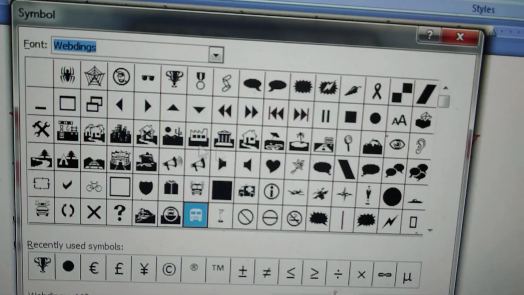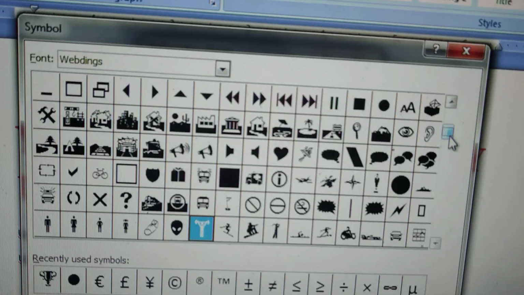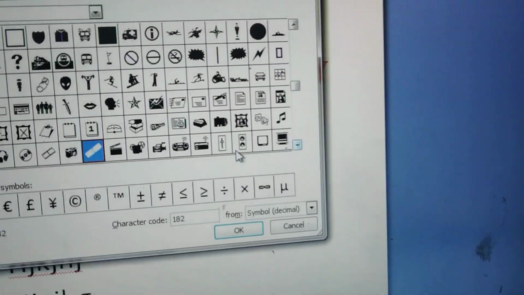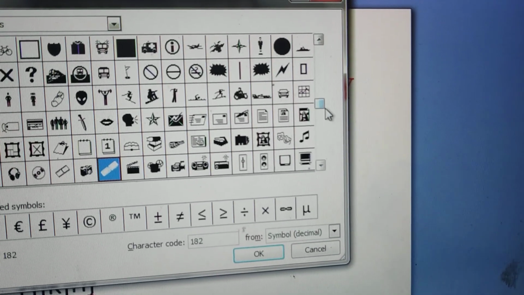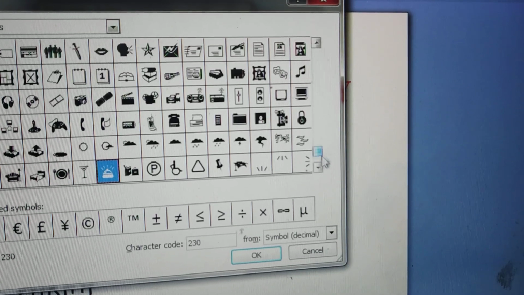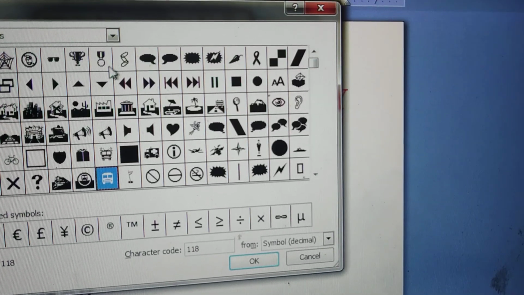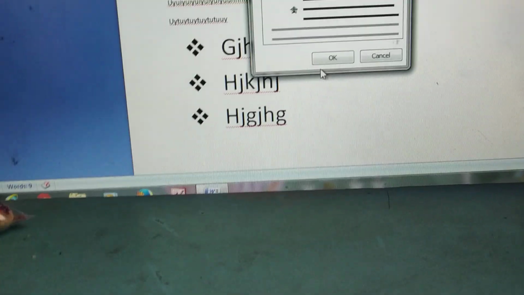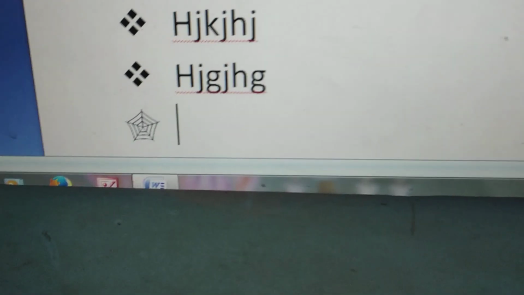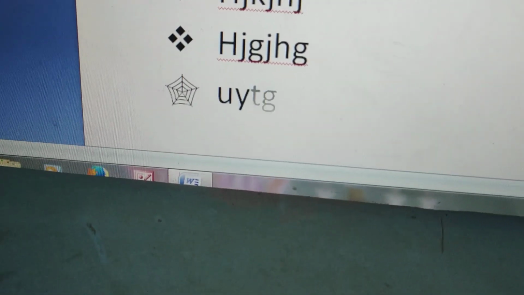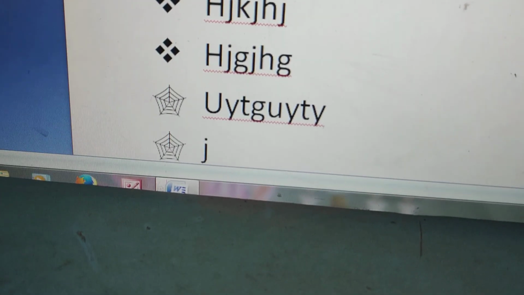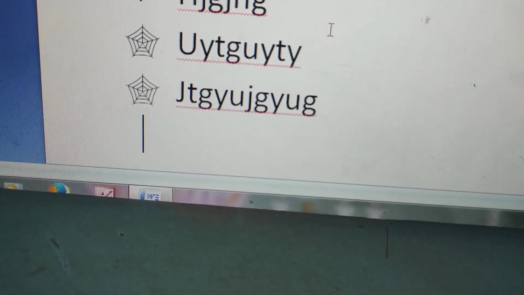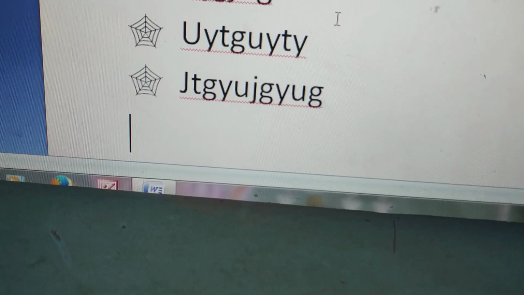Whatever you want from the Wingdings font, you can select any one. Suppose I click on this and OK. See, that bullet will come here and whatever you want to type you can type. If you don't want it, then press backspace, that bullet will be deleted.